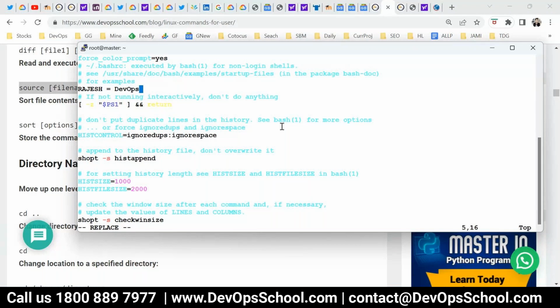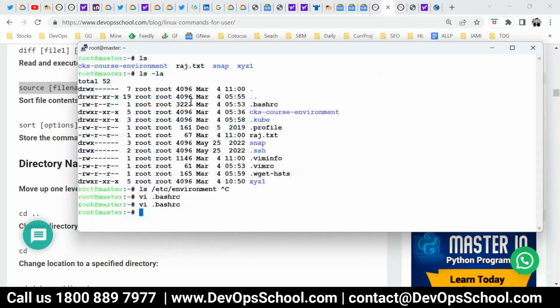So Rajesh is a variable, and the value is DevOps. Save it. Now if you do echo $Rajesh, nothing is printed.